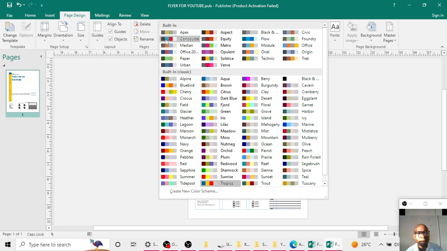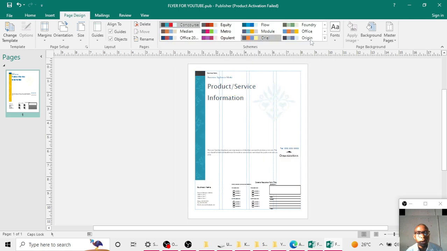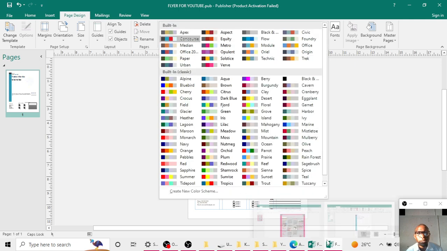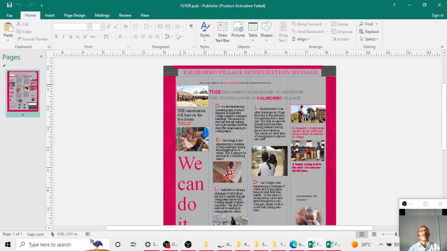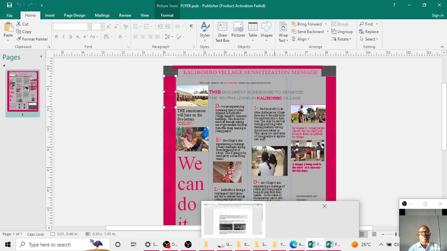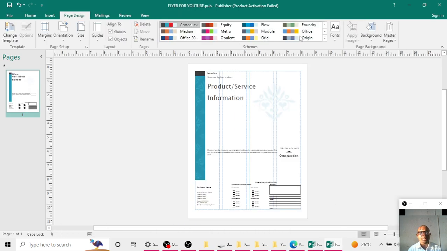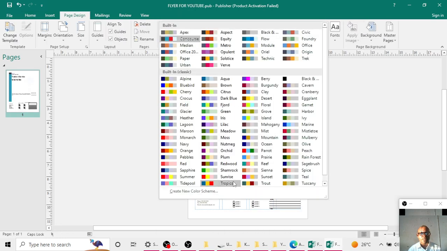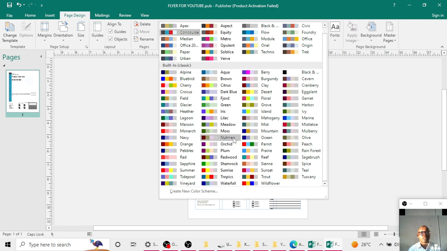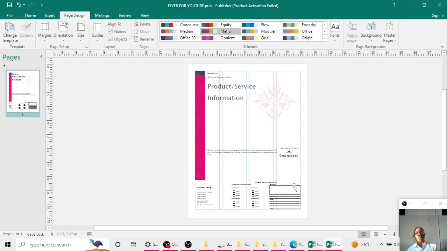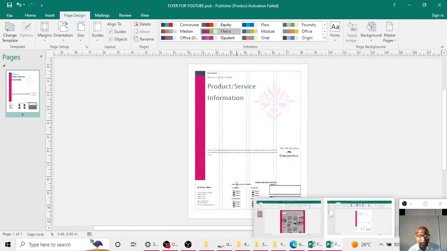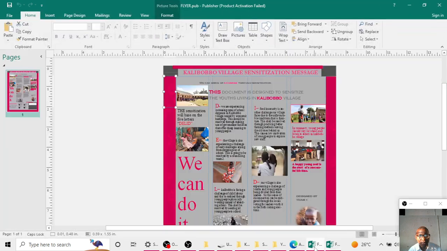And boom. How is this? So I'm trying to look for a color that's matching what I'm having here. That's why I'm insisting on looking for that red or pink color, something like that. Okay, I can go with this, I can go with that. So having got this color, I'm going to just copy this to the